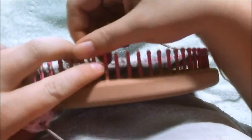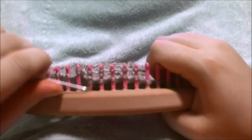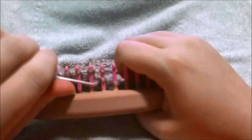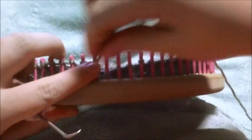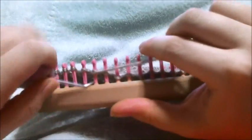purl 1. You're going to double wrap the first 3, so there's 1, there's 2, and there's 3, and then single wrap the last 3. Toss the bottom loop over, purl 1, double wrap the first one, single wrap the last 3. Purl 1, knit over to the beginning,